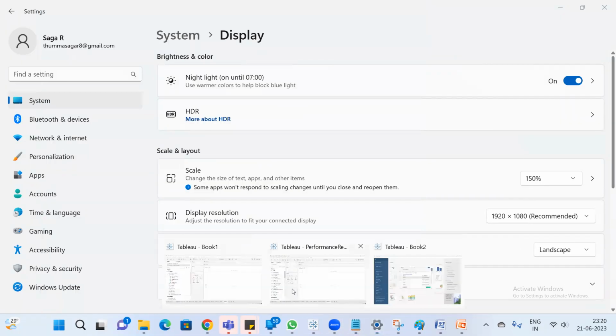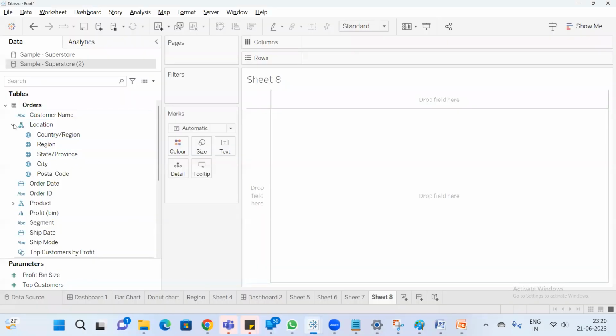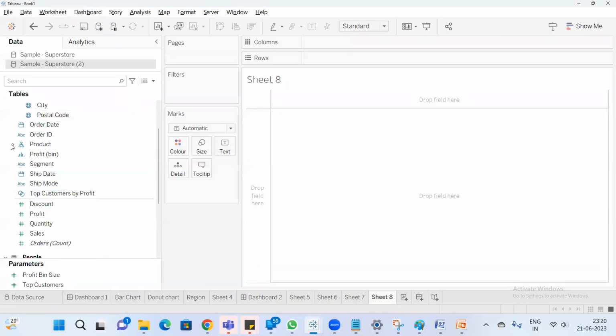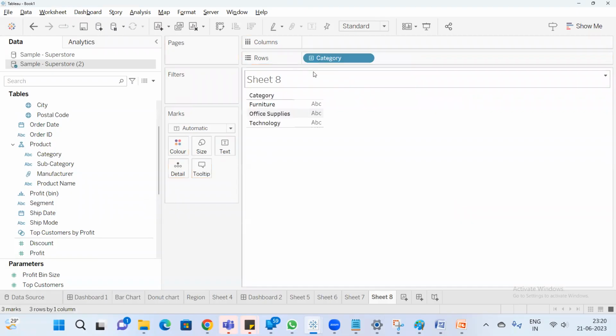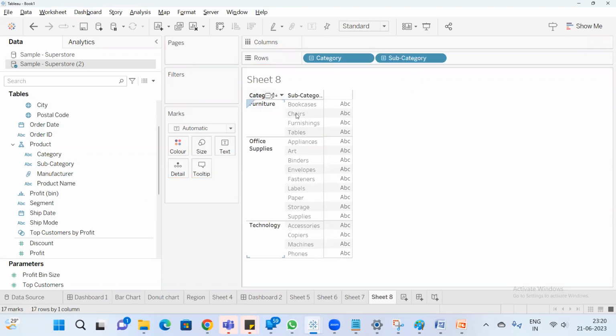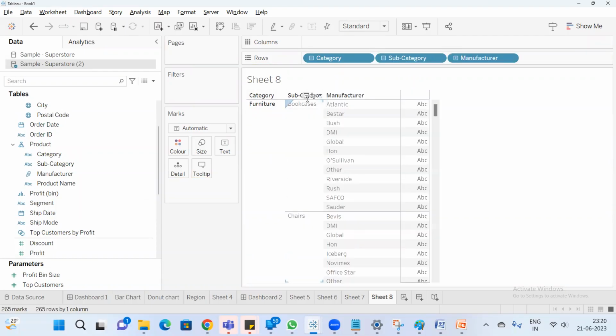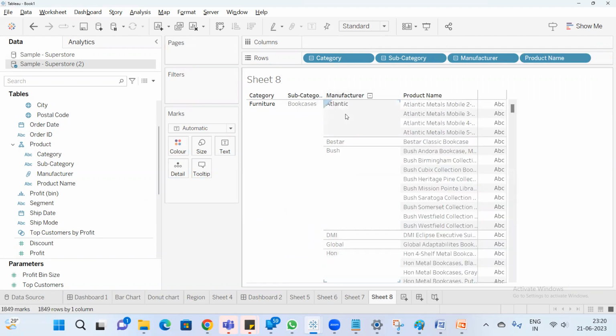Okay, so I will show you another example. There are other categories also. Product category, subcategory. This also they have made as a hierarchy. So let's see how we can do this. In furniture, they have subcategories. In subcategories, they have a manufacturer for each and every subcategory. And for each manufacturer, there are products in that subcategory. So they have made a product hierarchy. This way you can drill down. So if you take the sales value,